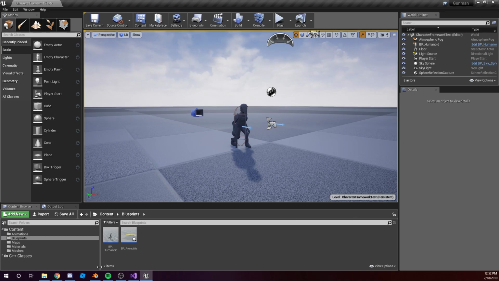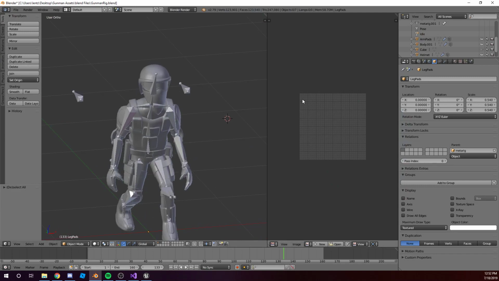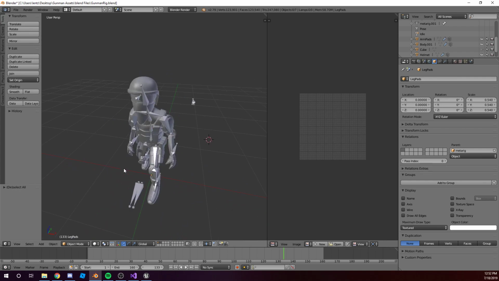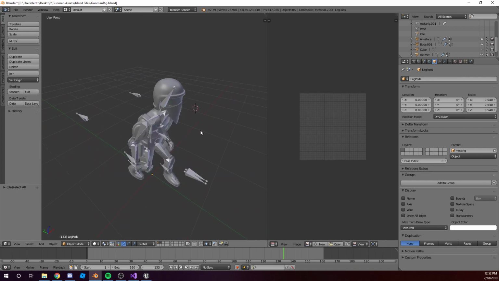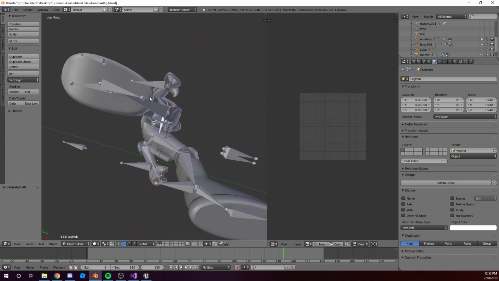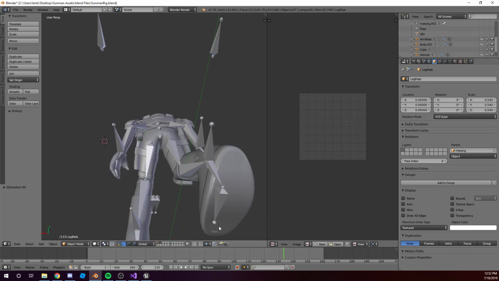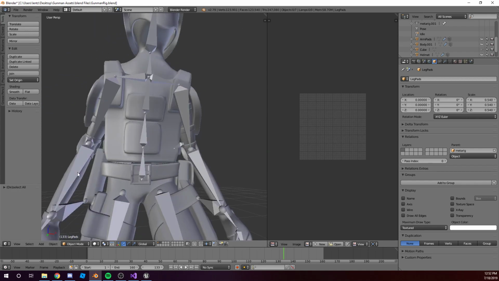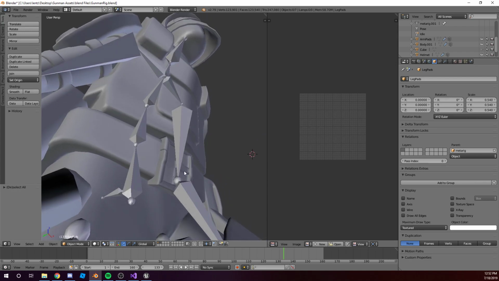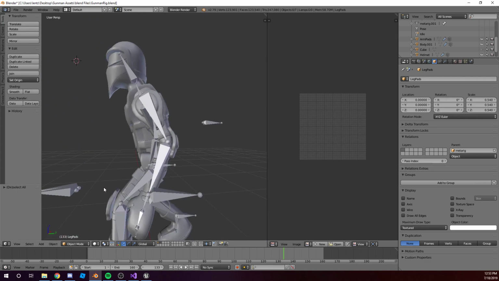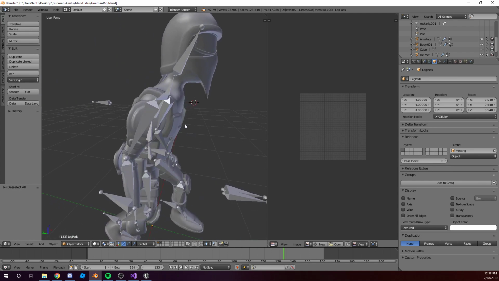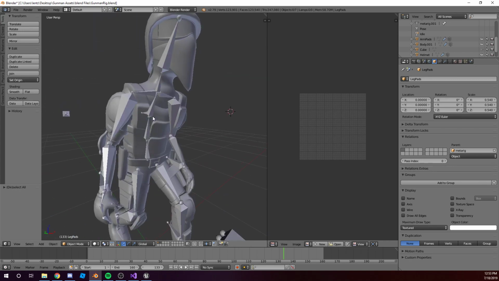So I created a little character here in Blender. See him right here. I didn't do any UV unwraps or anything, but I rigged him. I did some basic weight painting, which is pretty awful. You can tell because of the poking out of his toe here. His belt is a little messed up. This is happening right here, so you can tell I haven't done too good of a job with the weight painting or even the detailing of this character. But that's not the point. The point was just to have some animations made